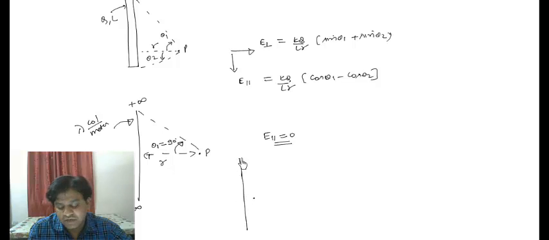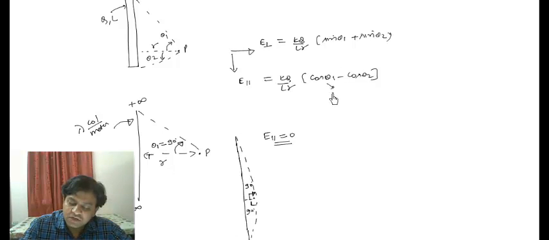If the length of the wire is very large, then this distance will look very small to us. So if this distance is very small and this wire is very, very long, then what I'll find is this angle is almost tending to 90 degrees, and obviously the lower angle will also be almost equal to 90 degrees, right? This is a very long wire, so this angle will tend to 90 degrees, and this angle will also tend to 90 degrees. So if I use theta 1 to be 90, theta 2 to be 90, cos 90 is 0,